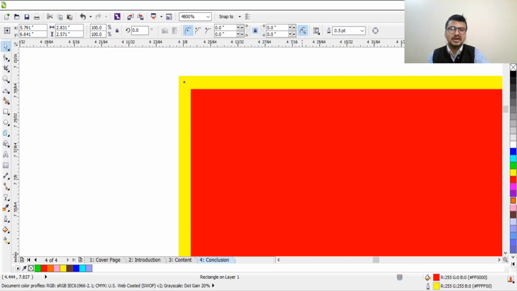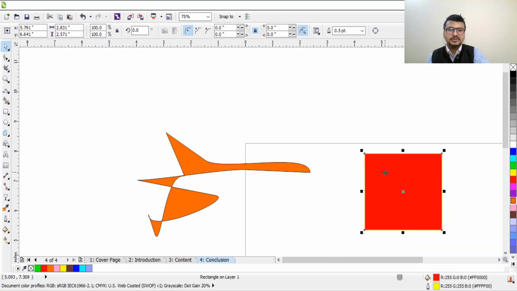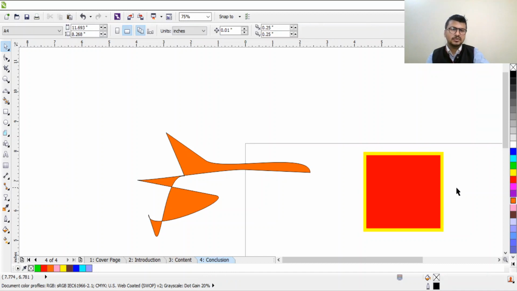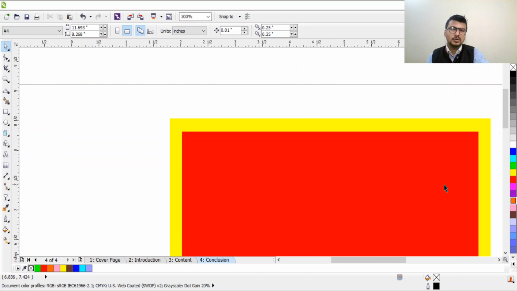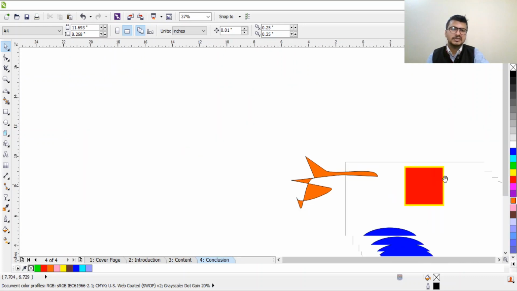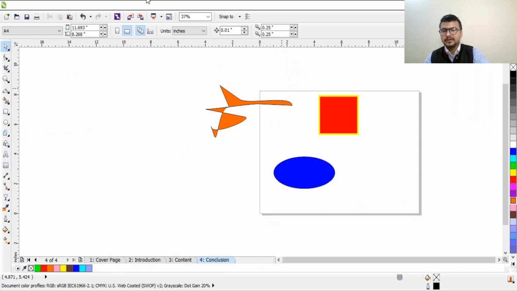So zooming out, if you want to increase the thickness of the border, I'll click on the pen at the bottom, double click, change the width to, let's say, 8, and click OK. See, now you can see this border is visible without zooming in. It is yellow color and red color is filled inside this shape.